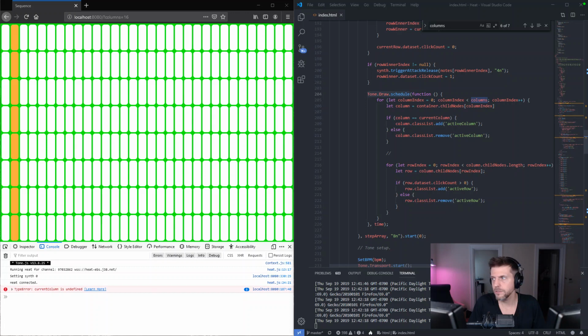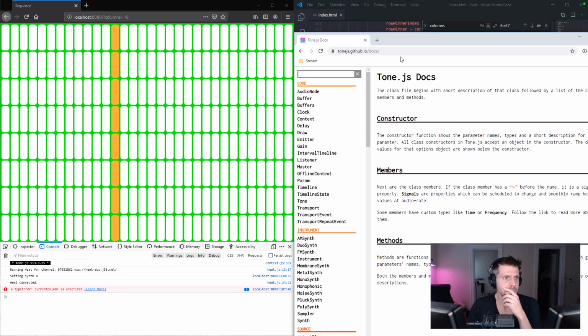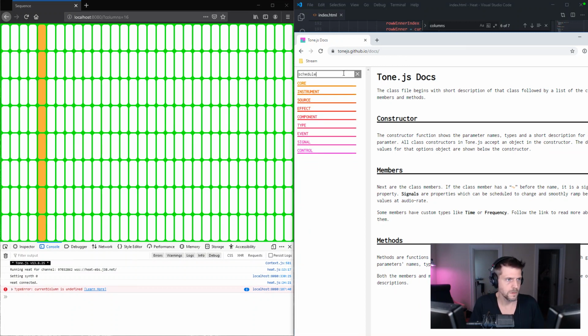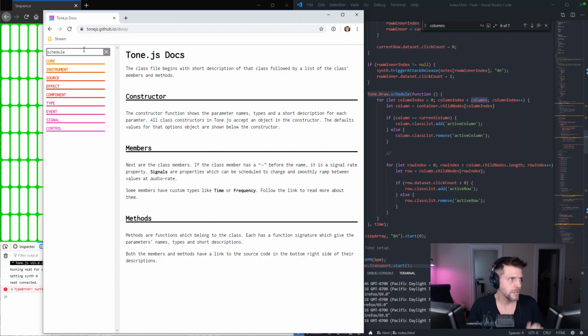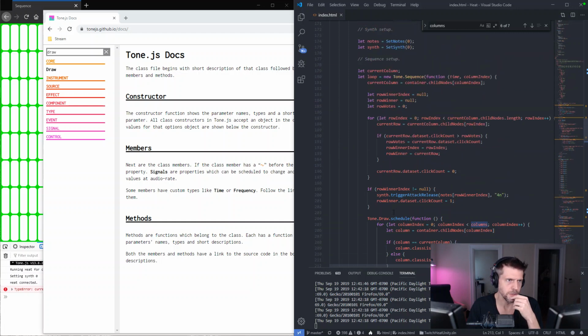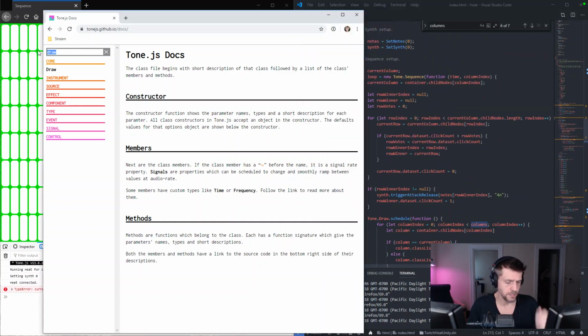Done a schedule. Is that part of draw? Oh, but that's just all part of this whole thing. It's all part of the sequence. So,